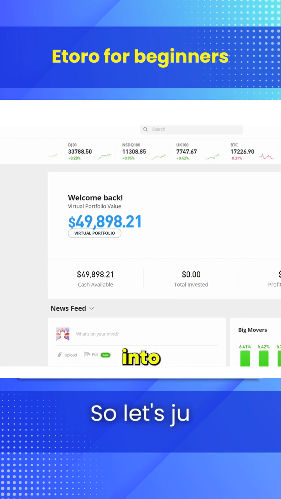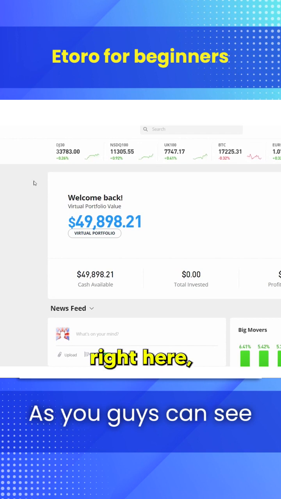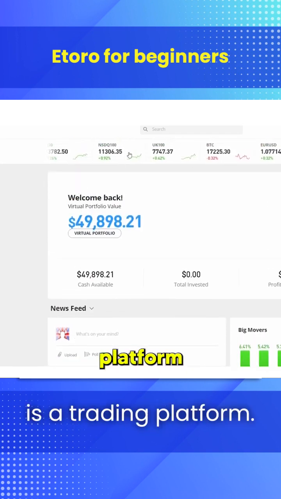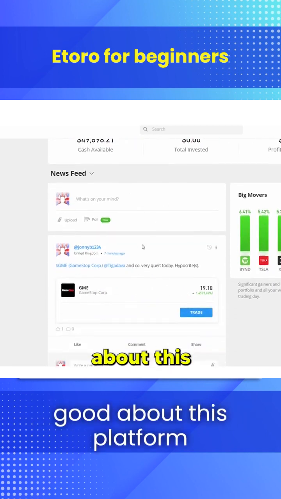So let's jump right into things. How do you make money from eToro as a complete beginner? As you guys can see right here, this is eToro. So essentially eToro is a trading platform. Now, the thing that makes eToro stand out, the thing that is really good about this platform is, as